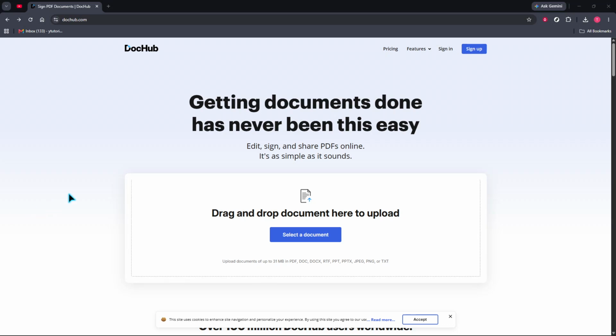In today's video, I'm going to teach you how to sign in DocHub. To get started, open your web browser and head to the DocHub website. Once the homepage loads, you'll be on the main screen where DocHub gives you access to tools for viewing, editing,